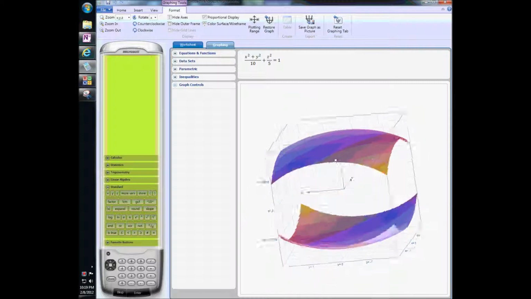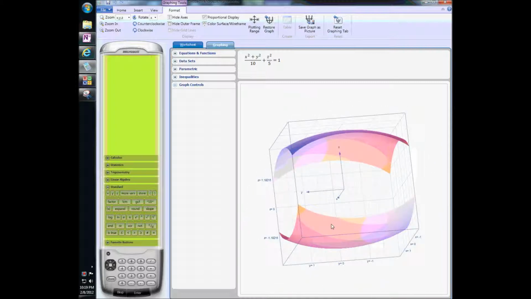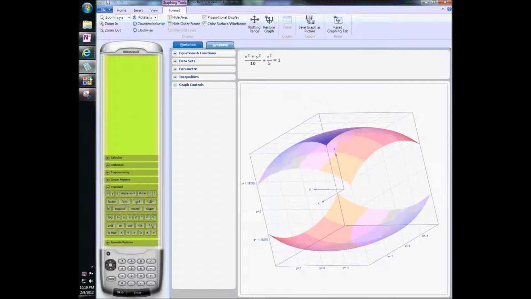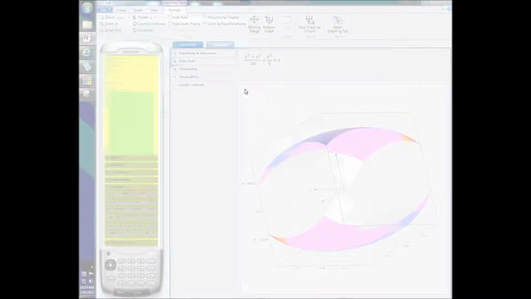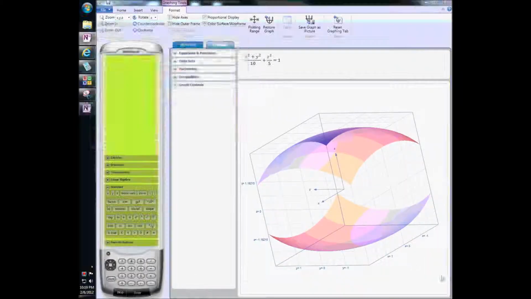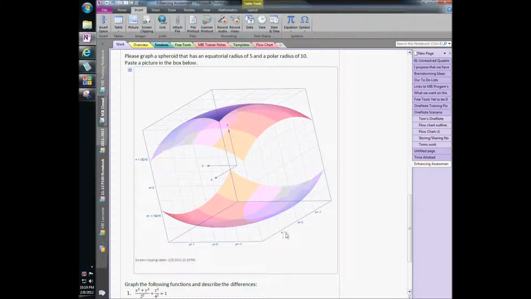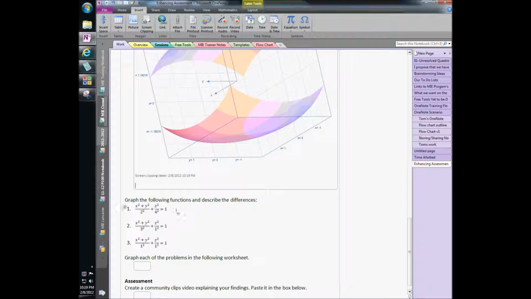But what we want to do is we need to graph this function and take a picture of it. So we can come over to OneNote, and we can do another screen clipping. And right there it is. Now the next one, it says graph the following functions and describe the differences. So what math on a computer allows